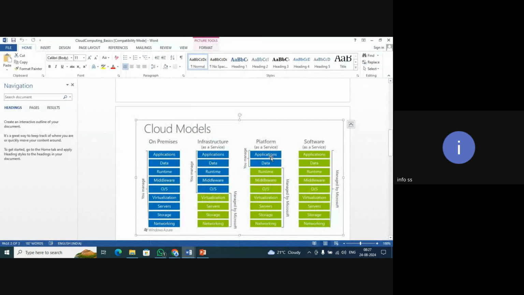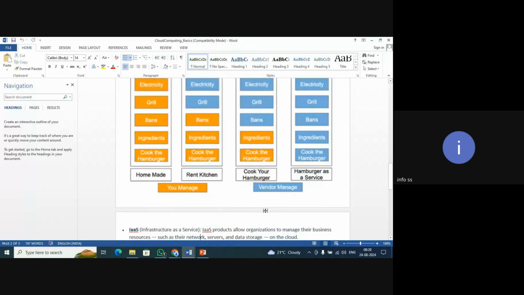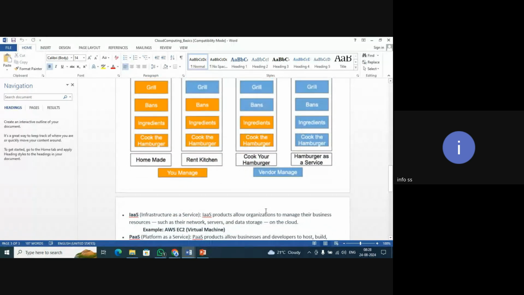There are three models in which cloud providers operate. Service models: infrastructure as a service, platform as a service, software as a service. In software as a service, you don't have to worry about even creating indexes, partitioning the data, or the admin part. Got it? Snowflake is software as a service in cloud. So if you take the competitors for Snowflake, with respect to cloud data warehouse,